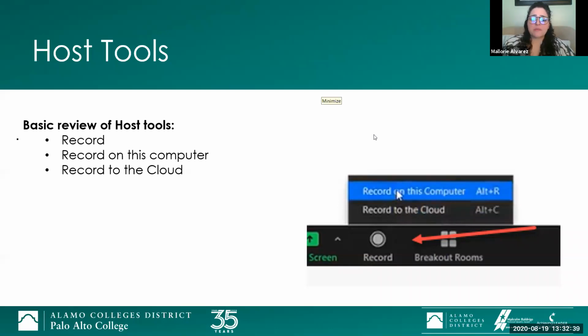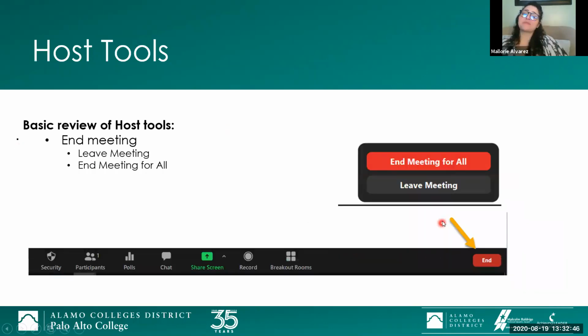Okay, so I'm going to move on. I covered recording, and now the last thing I'm going to cover on the host toolbar is the end button. When you click end, two options are going to appear, and again, this is if you're the host.